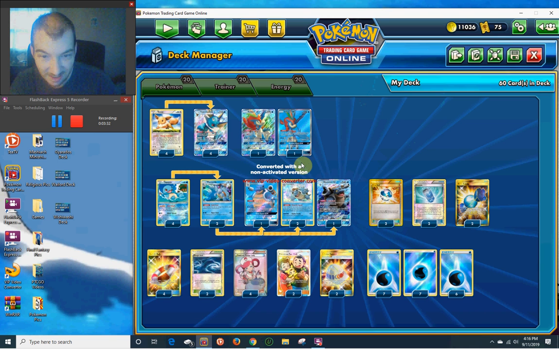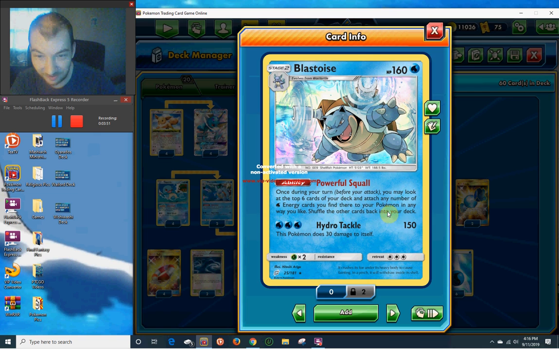But my main strategy is getting my baby Blastoise, because of Powerful Squall: once during your turn before you attack, you may look at the top 6 cards of your deck and attach any number of water energy cards you find there to your Pokemon in any way you like. Shuffle the other cards back into your deck. I use that for the ability to put energy on Vaporeon, maybe Keldeo if I don't have enough, but mostly